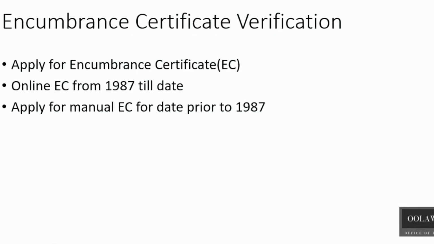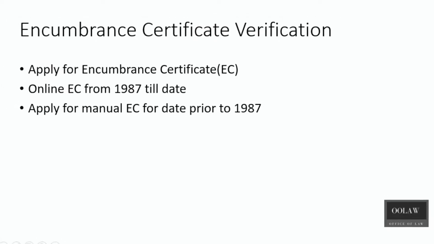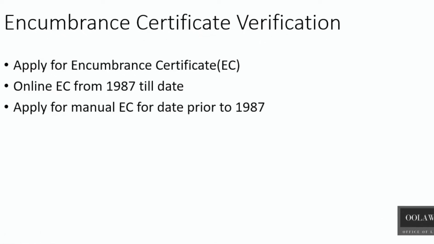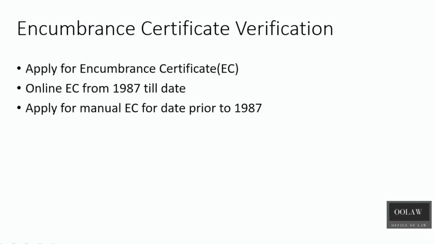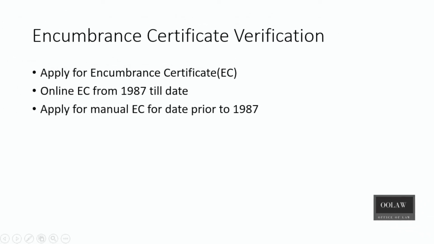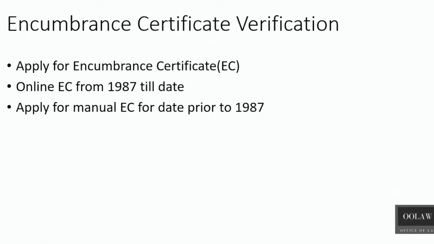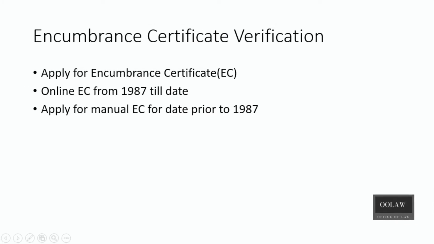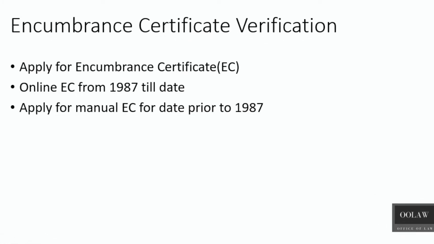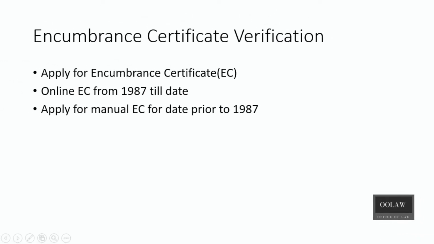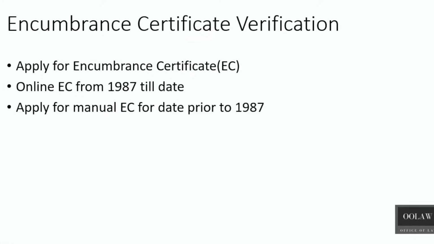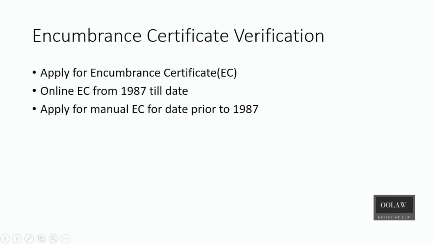On perusal of the EC, you should find all the documents mentioned in your vendor's sale deed, and the last sale must be in favor of your vendor. Only then he can sell the property to you. In case in the EC, if you find any other encumbrance such as mortgage, gift, settlement, etc., those documents can affect your vendor's title. So, you have to check it with him about the transactions before purchasing the property.